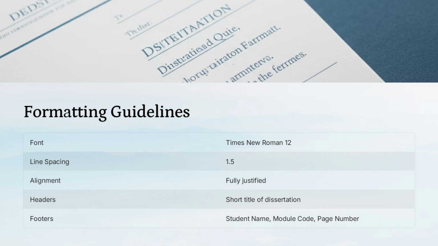The most important points are using Times New Roman 12 font and maintaining 1.5 line spacing throughout. Proper formatting helps ensure a professional and consistent appearance for the final dissertation document. Following these guidelines is typically a requirement set by the university, so it's crucial for students to understand and adhere